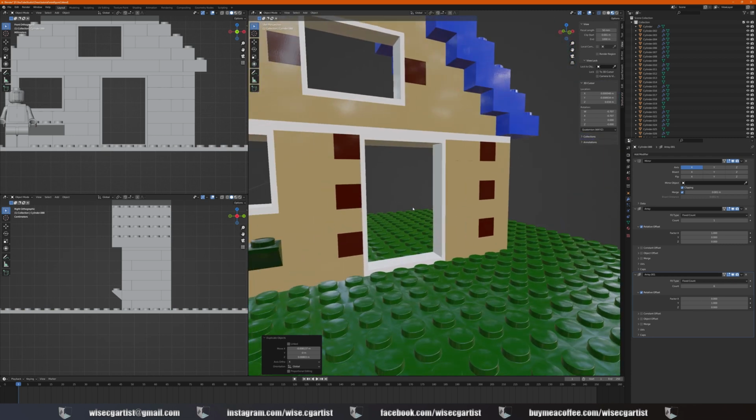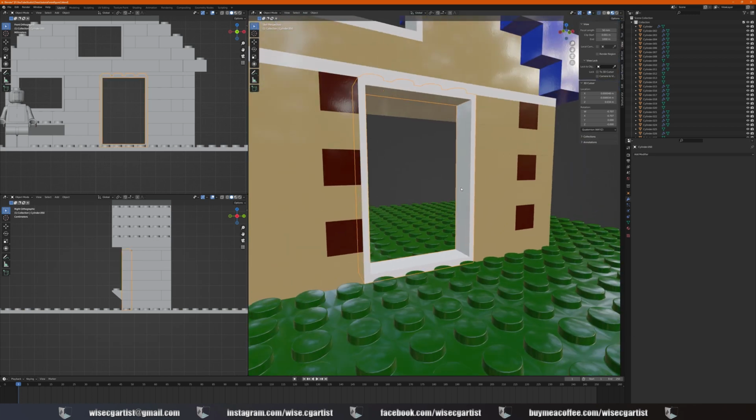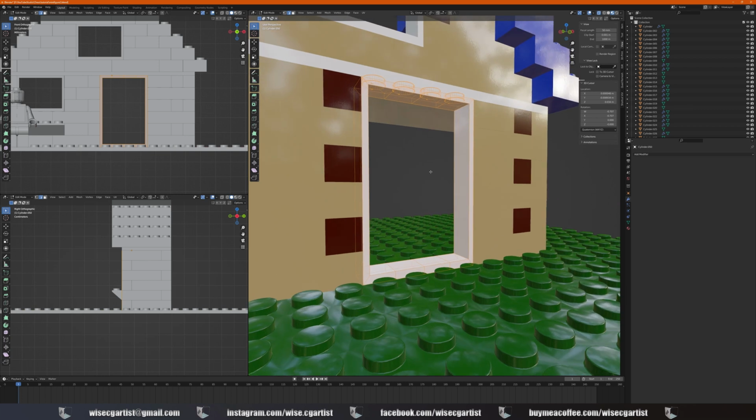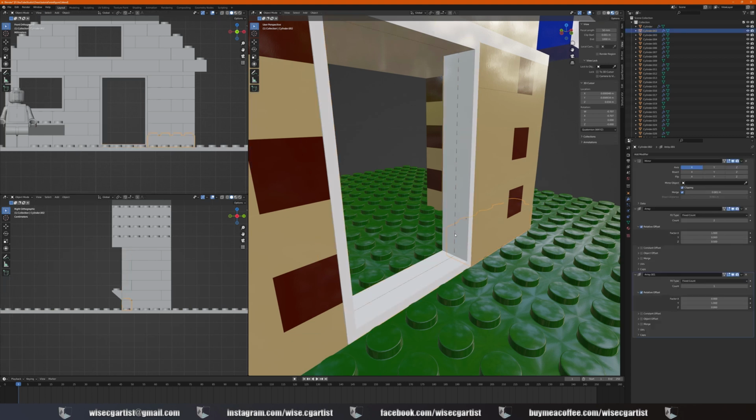So to do our doors, I'm gonna select this frame first, go into edit mode, and select that, go into edge selection mode, disable the X-ray because we don't need it anymore, and just press Ctrl T to create an edge loop. And now P, separate by selection, going back to object mode, select this edge loop,